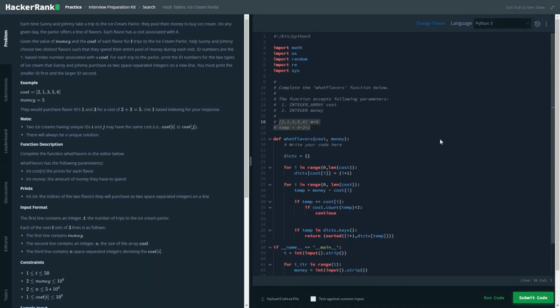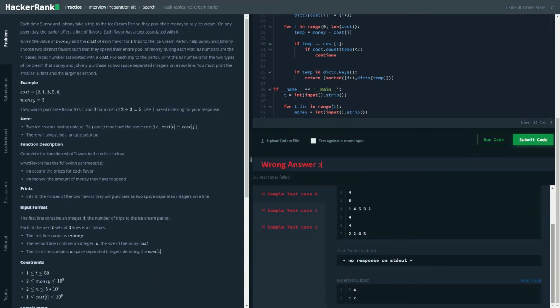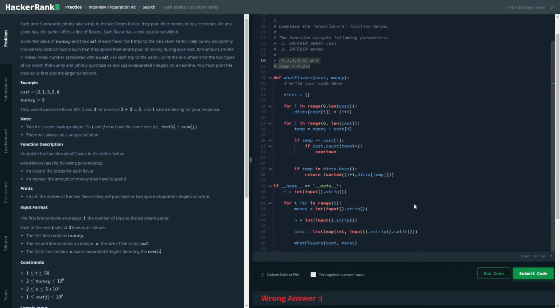Now let's run the code. Still wrong answer. Okay, I think I found the issue. Here you have to click on print.